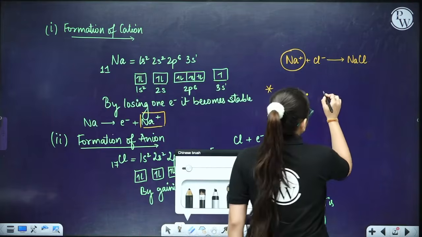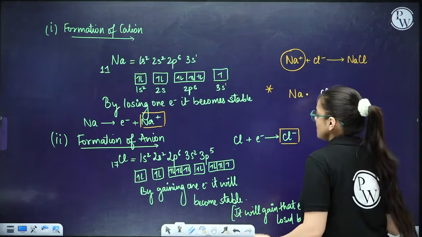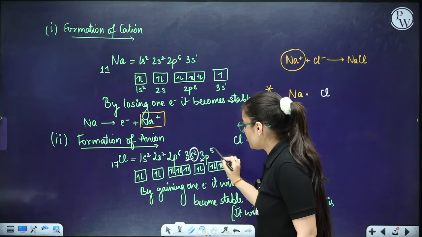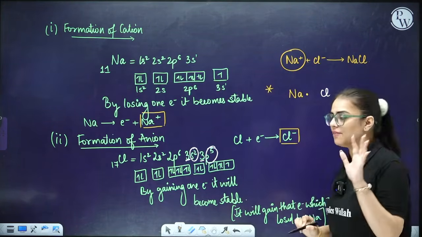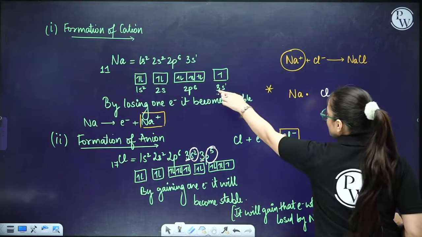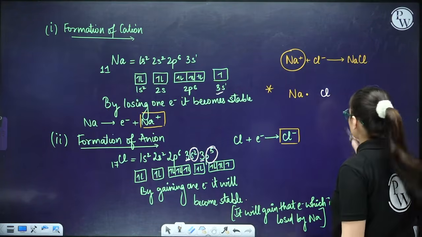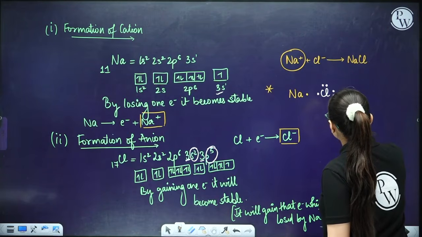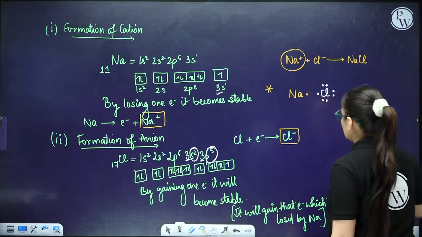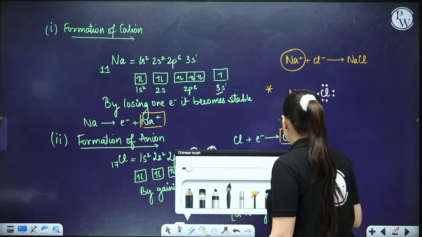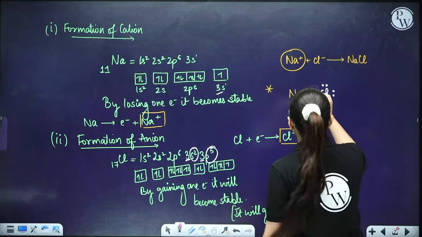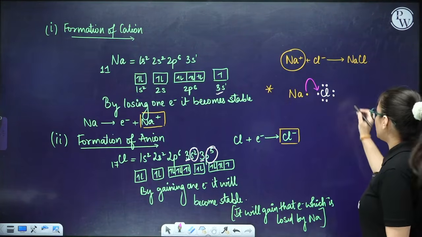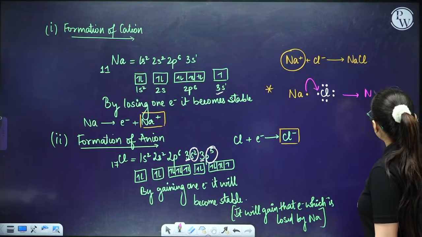Now here is chlorine, and chlorine basically has how many electrons in the outermost shell? The outermost shell is the third shell: 2 electrons of s and 5 of p. That means 7 electrons. Na has the third shell outermost but only 1 electron, while here it has 7 electrons, so 1, 2, 3, 4, 5, 6 and 7. We have just seen that Na will donate its 1 electron to Cl and will form NaCl.